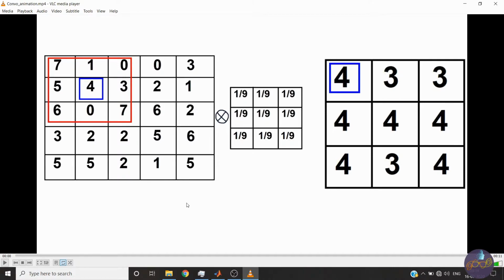It will be generalized as the size of the image: the size of the image in rows, and we have to reduce m minus 1 by 2. If it is a 3 cross 3 matrix, then we will reduce one row and 1 column. So m minus 1 by 2 is the generalized form.